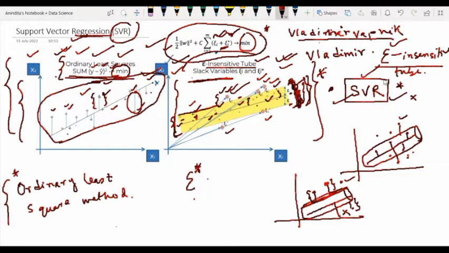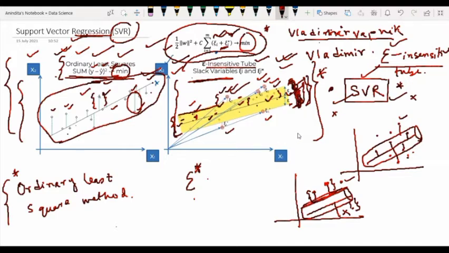And why is it used? Support vector regression, the supervised learning algorithm, is used to predict discrete values. Now you have to keep this in mind. SVR uses the simple principle of support vector machine, and the basic idea behind SVR is to find the best fit line. Again, the same concept that we used in support vector machine, that we have to find the best hyperplane or the best fit line.